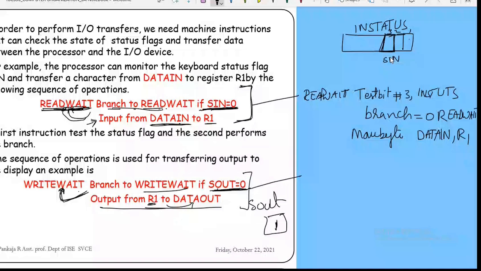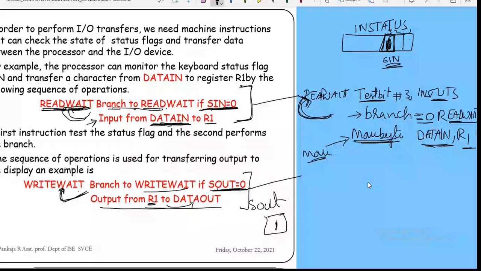Similarly, just write with respect to the output device. Okay, that is the write operation. Write wait, expect the output. Test bit #3 out status. So we have a status register with the output device, out status. Okay, out status.